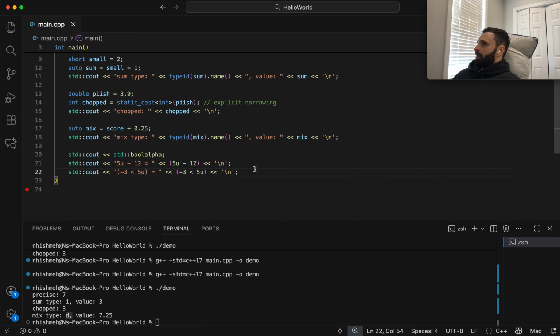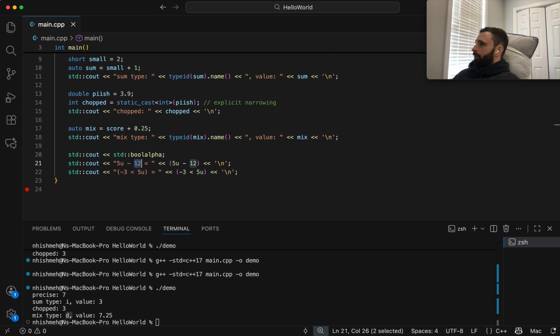Basically, we're mixing signed and unsigned in this example. You get a lot of surprises when you mix signed and unsigned together. When you see a U, that means it's unsigned, so it can't go negative, and it wraps around from the max value back to 0. And signed can go negative. That's the point of signed.